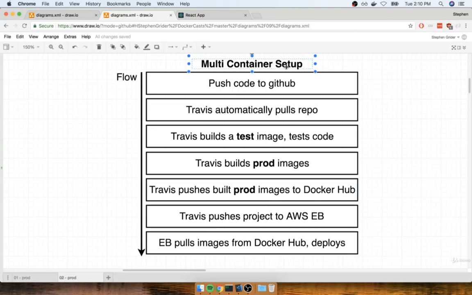All right, so here's what we're going to do for our multi-container setup. We're still going to be using a primarily Travis CI-driven deployment flow. So all you are going to have to do is deploy your code to GitHub, then Travis CI will pull your code down and immediately start to run some build process on it. So we push to GitHub, Travis pulls down your repo. We're going to have Travis then build a test image, or in other words, it's going to build out that kind